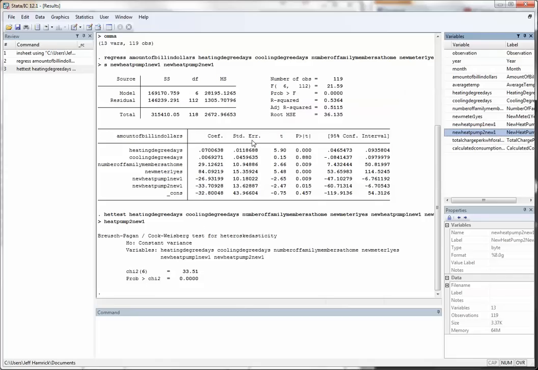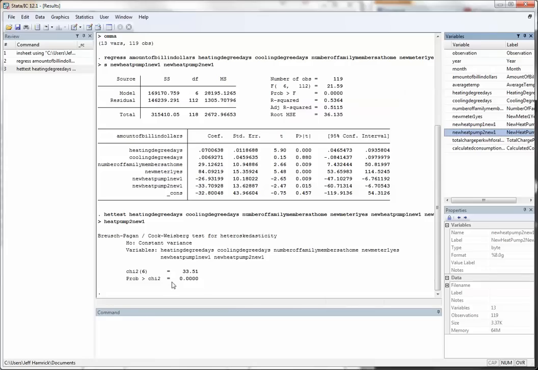So the Breusch-Pagan test produces a chi-squared test statistic with 6 degrees of freedom when the null hypothesis of no heteroscedasticity is satisfied. That test statistic in this particular case is 33.51, and Stata automatically computes the p-value for this particular statistical test for us.